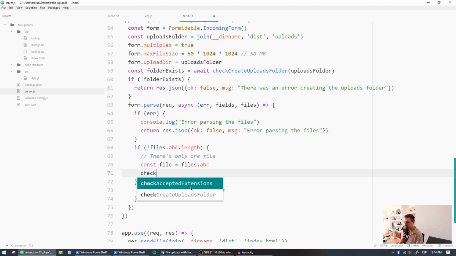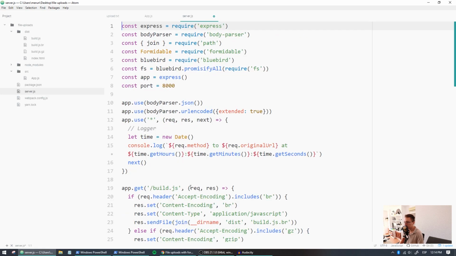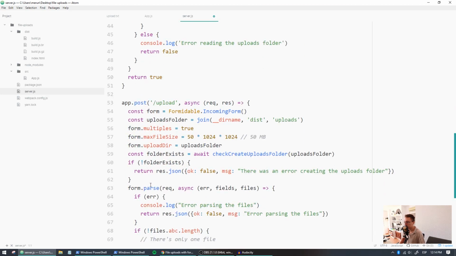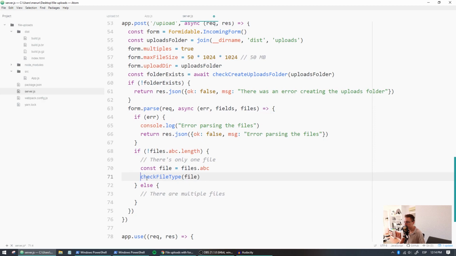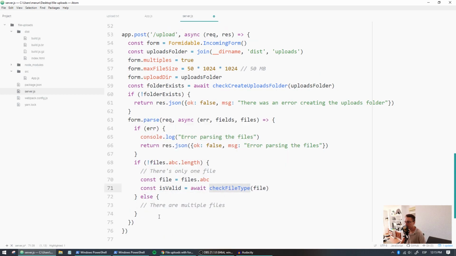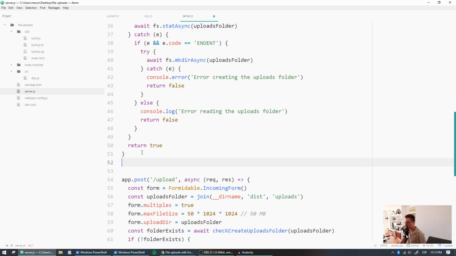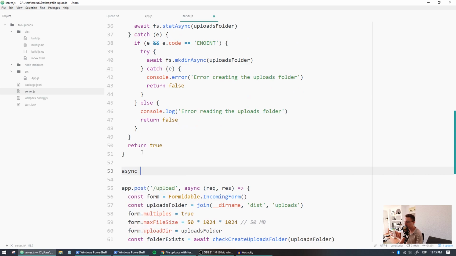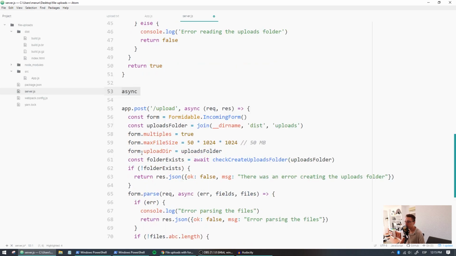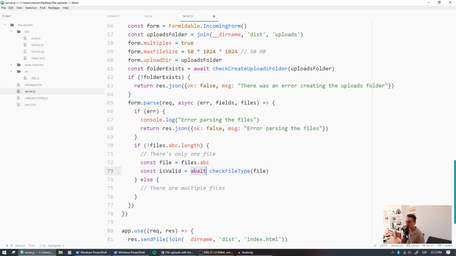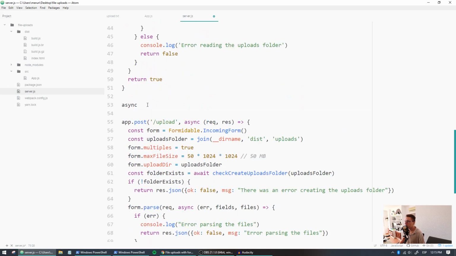check file type, and it will receive the file. Wait, hold up. Await, and that will return, will say it's valid or not. That's an async function. Well, no, that's in fact not an async function. Let's remove this await. We create a function called